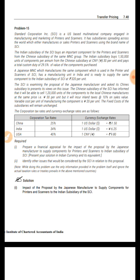Okay, so SCI is the US based multinational and it has various subsidiaries. One of the subsidiaries is in India, and it is importing some important components from one of the Chinese subsidiaries of SCI. The Indian subsidiary buys 150,000 units